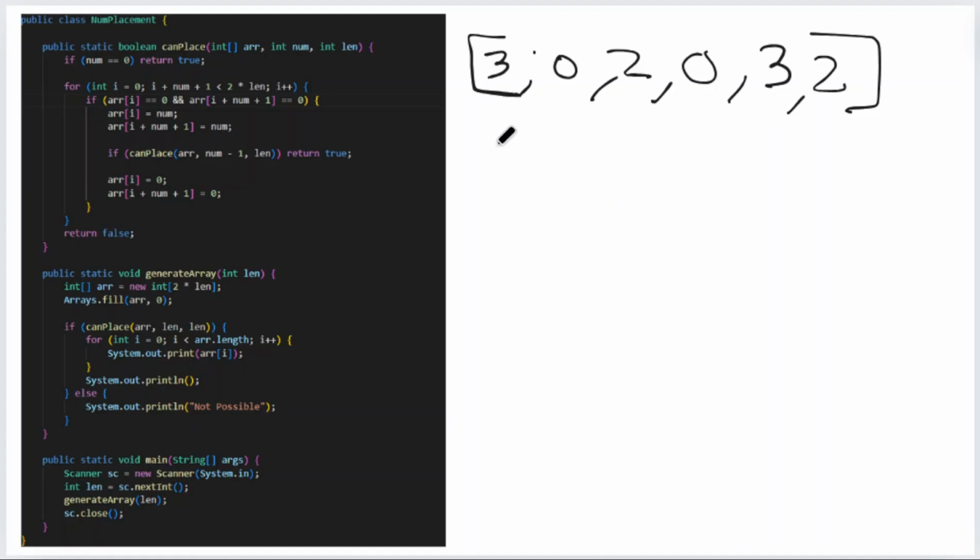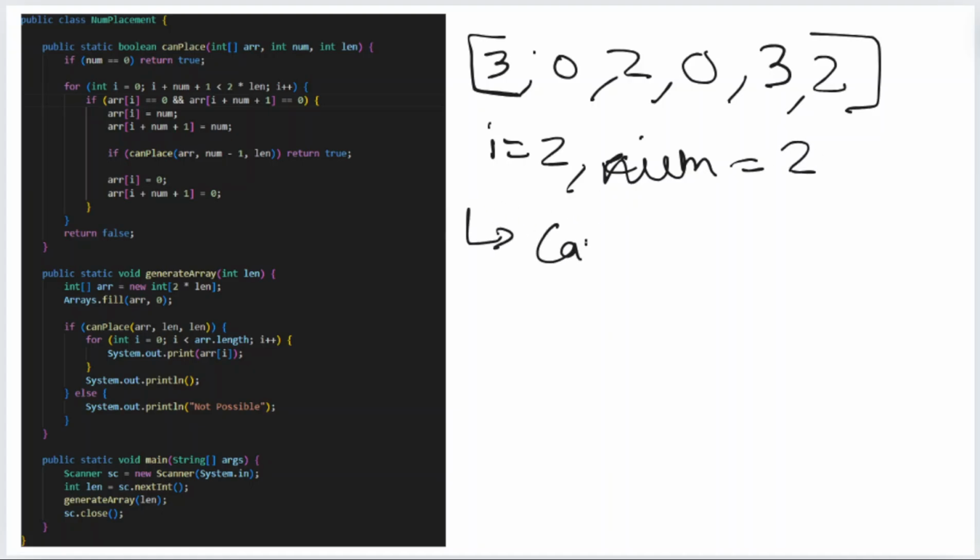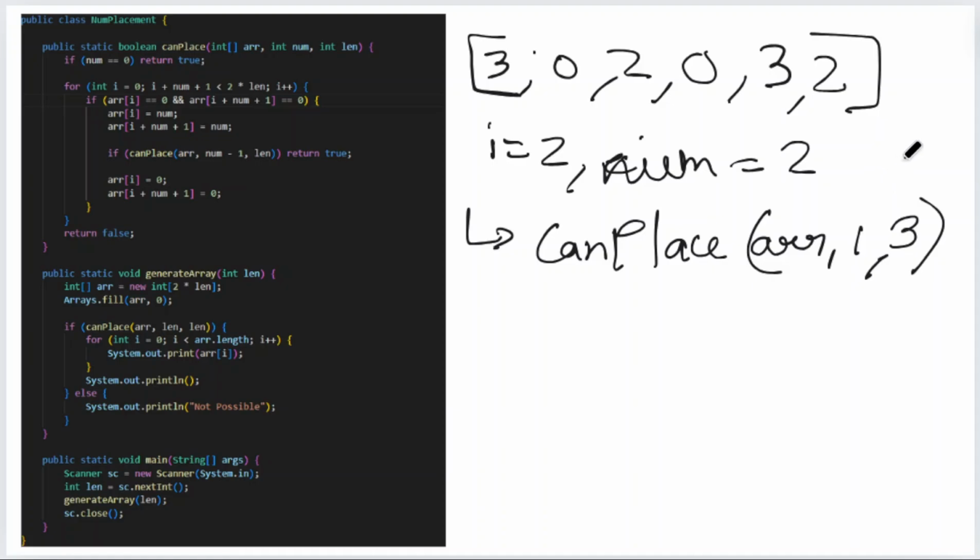Now within the call of I equal to 2, when the num was 2, at that same place we will be calling the array with 1 and it is still 3. So now we're trying to place the third element, which is 1, smaller than 2, at the